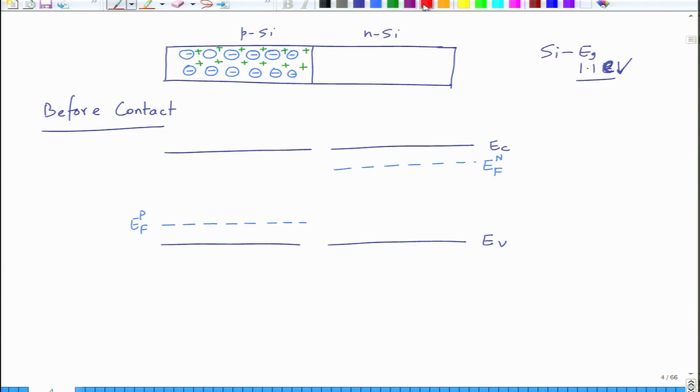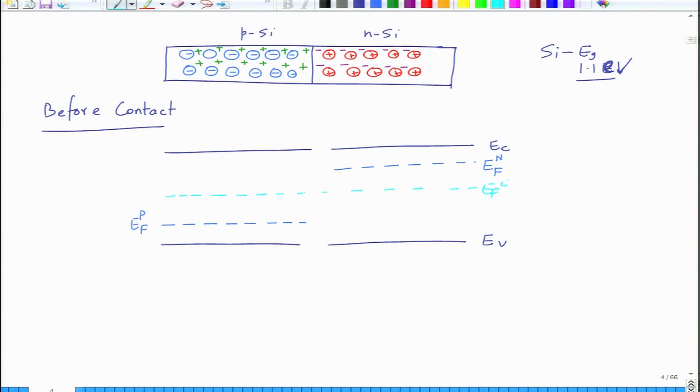And here you might have a situation something like this, you will have these donor atoms. I am not drawing the silicon atoms, but you will have silicon atoms also, and then you will have electrons. So, these will be free extra electrons. This is before you create a contact. I need to just draw the intrinsic Fermi level. The intrinsic Fermi level will be identical for both of them. So, this is EFi, alright.